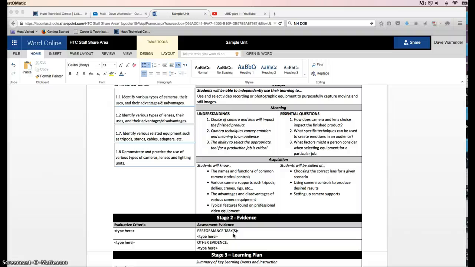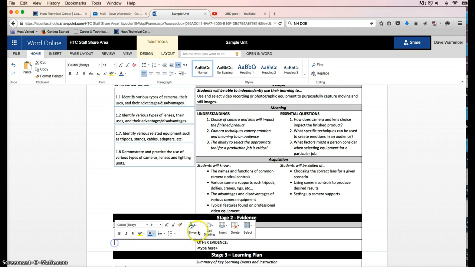The performance task piece is a big concept within UbD, that you want students to be doing authentic performance-based assessments where they are assuming a role, and a role which has purpose. In a later tutorial, we may go through the GRASP concept, which is a way you can really focus in on the performance element of it. But for today, we're not going to go through that. We're just going to work on what goes into this area. And so I'm going to start by removing my fillers here.